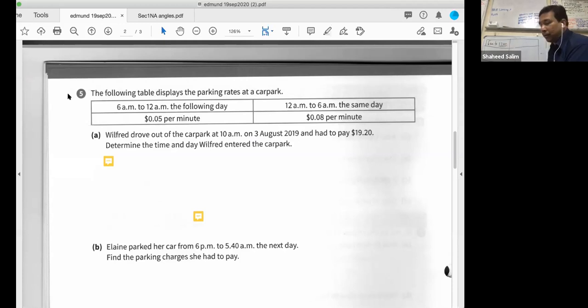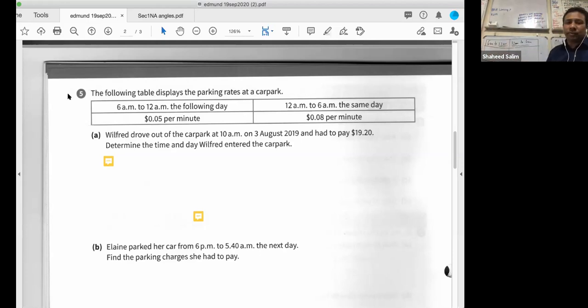Then from 12 a.m. to 6 a.m. is a 6-hour period: 12 midnight, 1 a.m., 2 a.m., 3 a.m., 4 a.m., 5 a.m., 6 a.m. From 6 a.m. to 12 a.m. is not 6 hours, it's many hours: 7 a.m., 8 a.m., 9 a.m., 10 a.m., 11 a.m., 12 p.m., 1 p.m., 2 p.m., 3 p.m., until it's